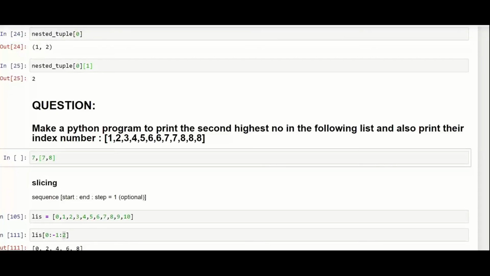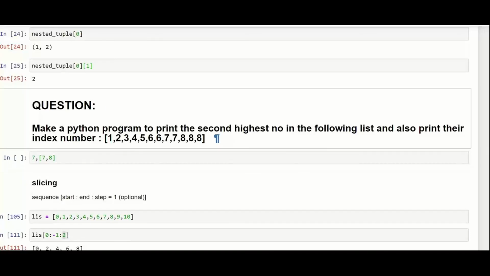Think of all the complications, because when you put code into production, there can be multiple scenarios which you need to tackle. That is, you need to make the code dynamic. Whether the value is coming 1,000 times, or there are only two values, that is 7 comma 8 8 8 8 8 8, it should give 7 as the output.